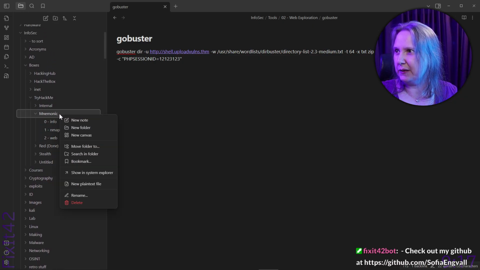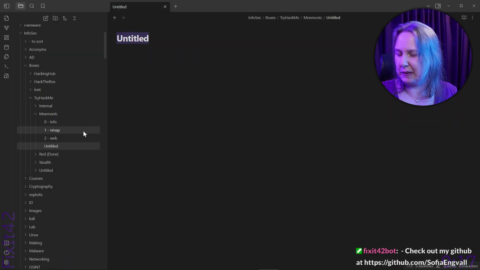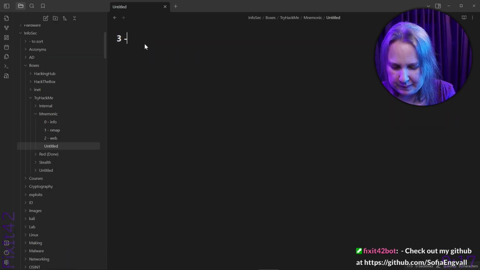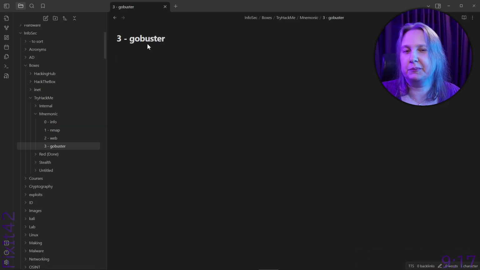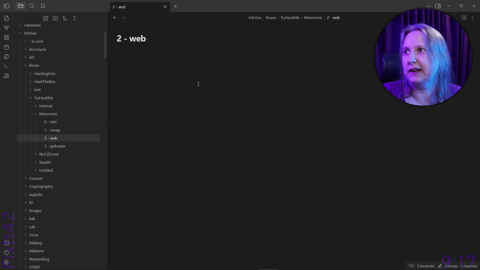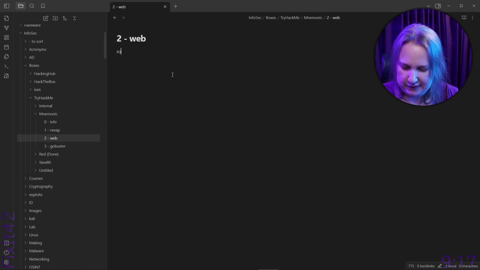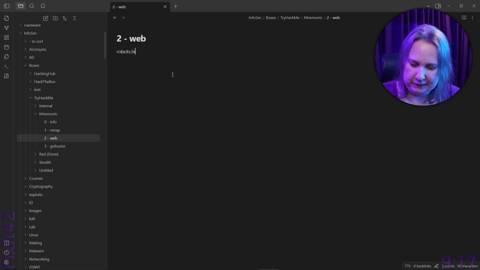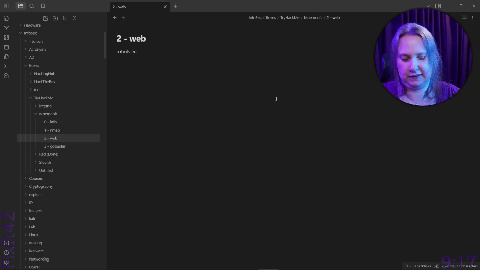So we're actually on the next step here, which is 3 GoBuster. And then I'm going to paste the output here so I can remember. And here I guess we got robots.txt, and we can add that.